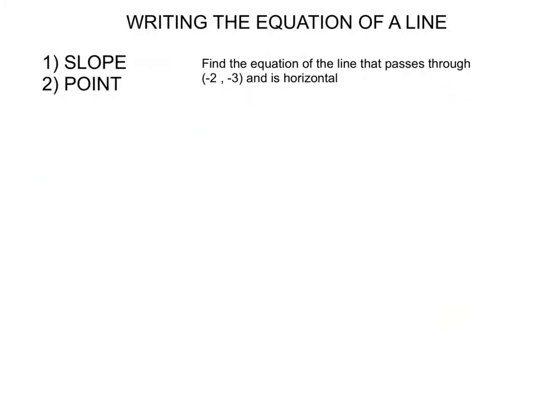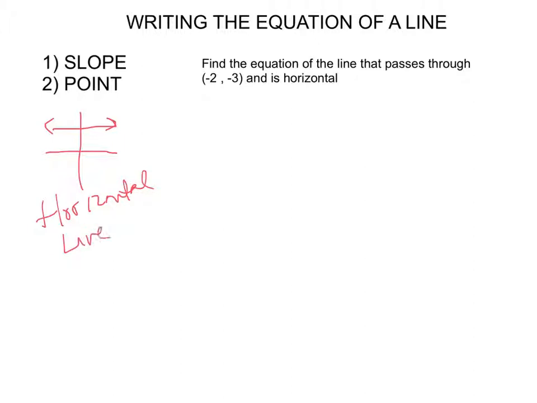Now let's take a look at this example. Find the equation of the line that passes through (-2, -3) and is horizontal. Well, we need to ask ourselves, what do we know about horizontal lines? So I'm going to draw it here on the graph. And as a reminder, a horizontal line has all of its y's being the same. And so the equation for any horizontal line